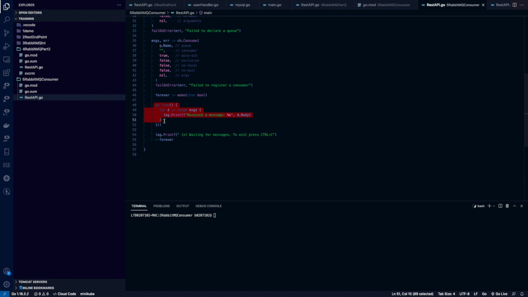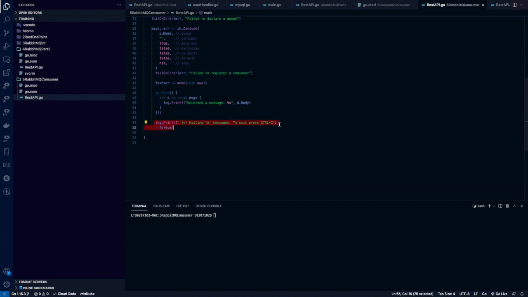So say, for example, if the number of messages in the queue is 100, then for this the range would be 100, and it will create a loop 100 times. So this is how the whole code would run, and this particular code would be printing on the terminal that it is waiting for the message.